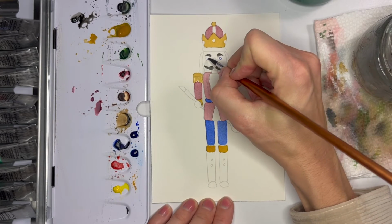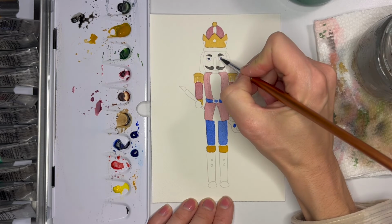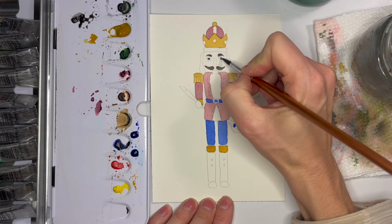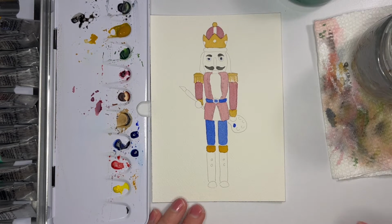So here I have a little bit more. I just want to add it into the eye, to the center there. And that looks good right now. Again, just something super simple. The boots here,